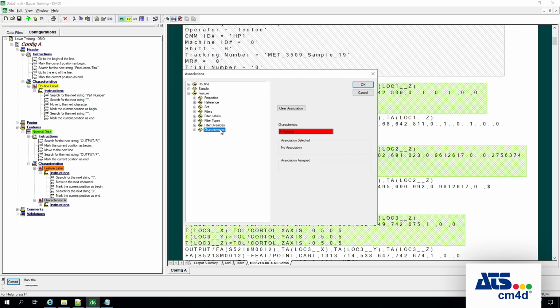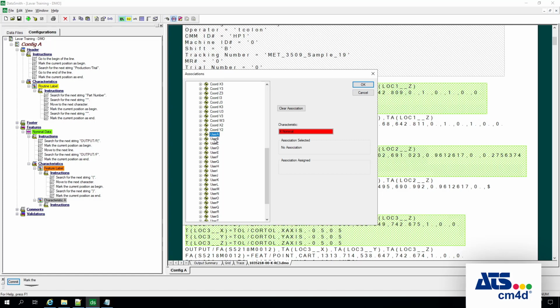In this case it will be characteristic. And what you see here is a list of predefined dimension types. So we have position, X, Y, Z, diameter, width, length, radius, distance, angle, gap, flush, normal, polar, azimuth, horizon, and then vector, IJK, U, V, W, and then some special cases for coordinates, and then what's known as user characteristics,